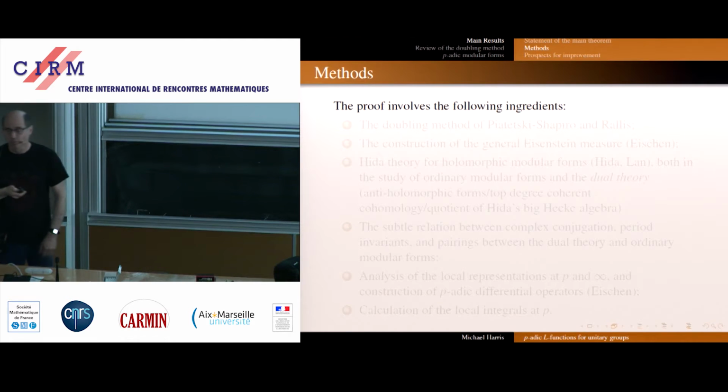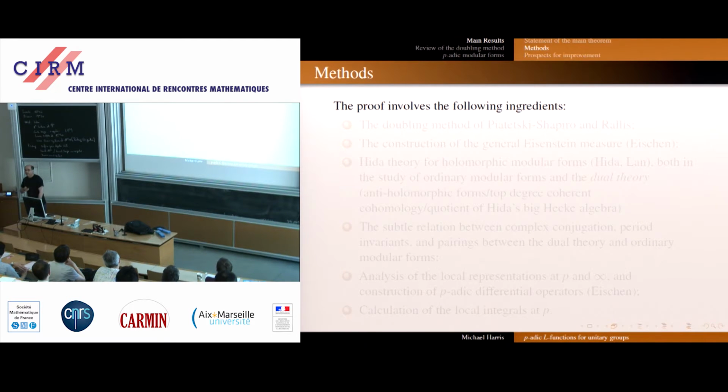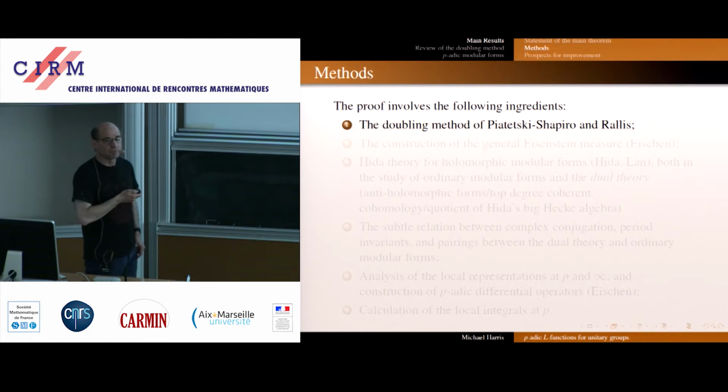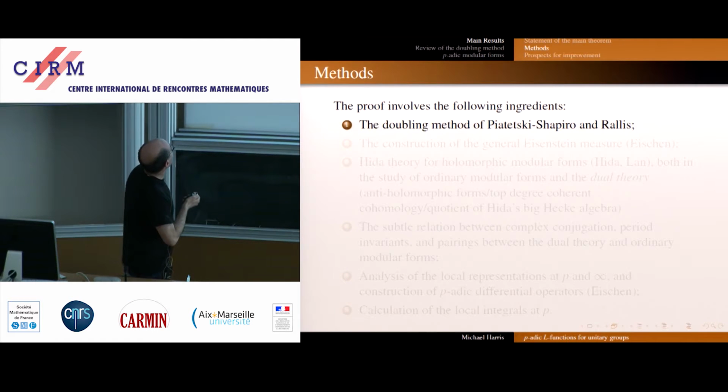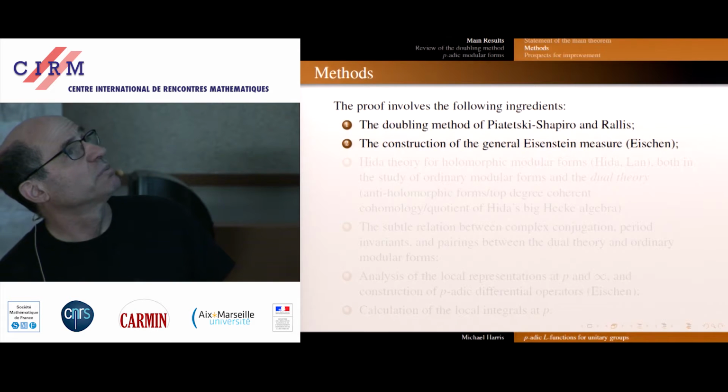Okay, now the proof. The proof is adelic. Well, part of it is adelic and part of it is arithmetic geometry. So let's see. The main part is the doubling method of Piatetsky-Shapiro and Rallis. And there's an unfortunate tendency to refer to this, in some parts, as Shimura's method, but of course it's due to Piatetsky-Shapiro and Rallis, and it's been completely